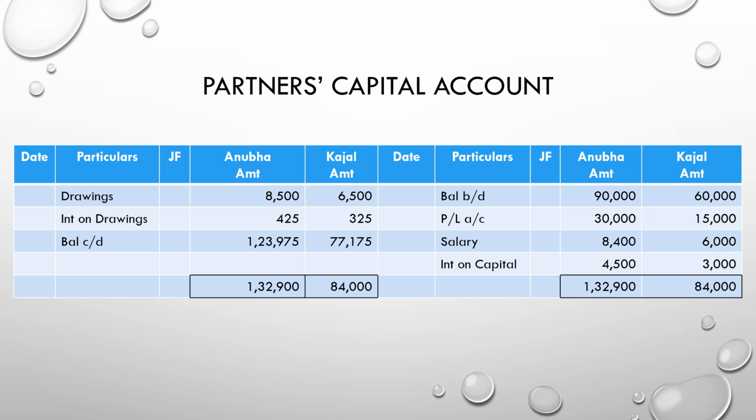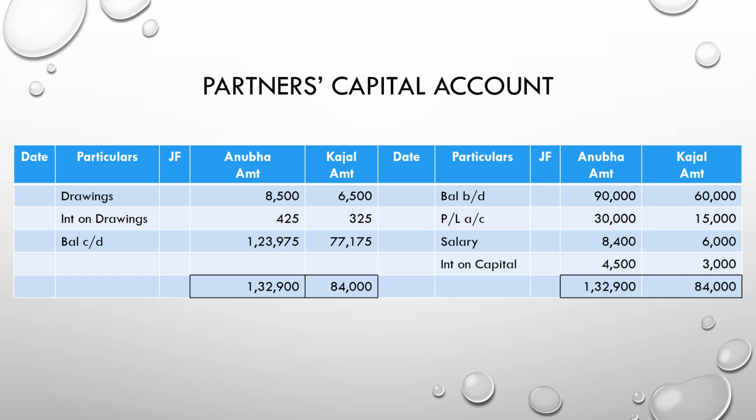Interest on drawings, when you see, it is given as 5%. So calculate 5% of 8,500, it will be 425. Calculate 5% on 6,500, it will be 325. Now the credit side total of Anuba will be subtracted from the debit side and you will get the balance of 123,975. The credit side total for Kajal added up will be subtracted from the debit side of Kajal's amounts. It will come